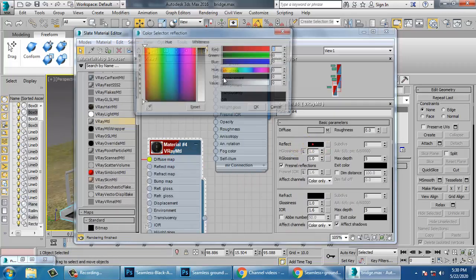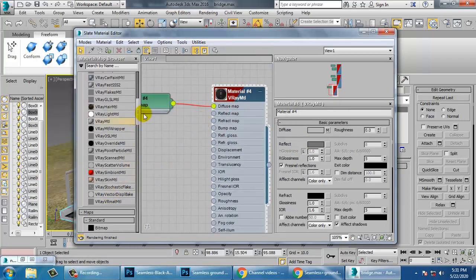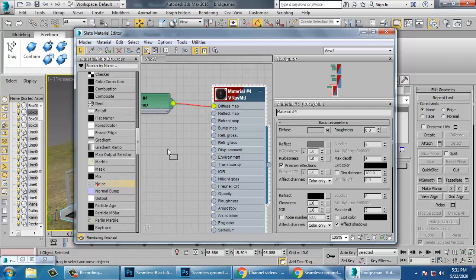So we'll go into this for the road. We'll give a bit of reflection, and same as usual, we need to give a bit of noise over here. Connect this again to the bump map right away.